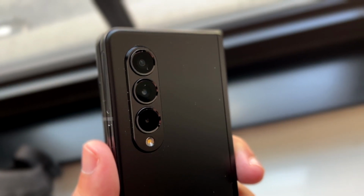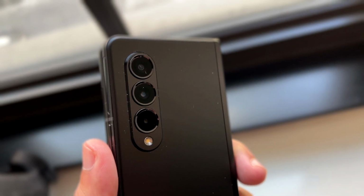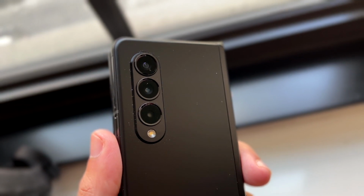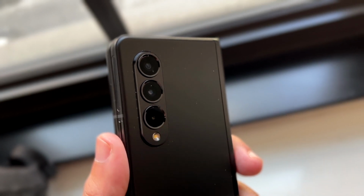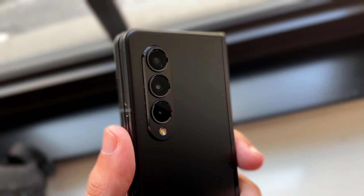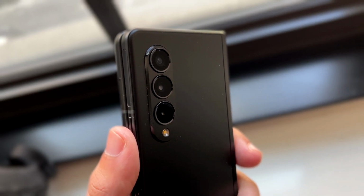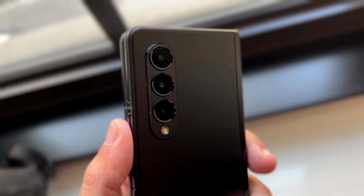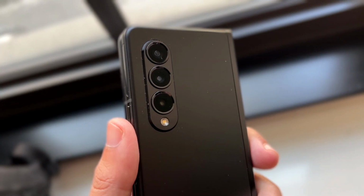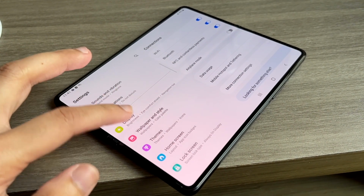Now, this specific phone, as with the other Folds, has a few different displays built in. We have the main panel on the front that is a 6.2-inch Dynamic AMOLED display, called a cover display. What's very good is that it's a 120Hz panel, and it's actually not a bad panel at all. It's completely usable in its clamshell mode, and I'm totally cool with how the front panel holds up, but when you flip it open,